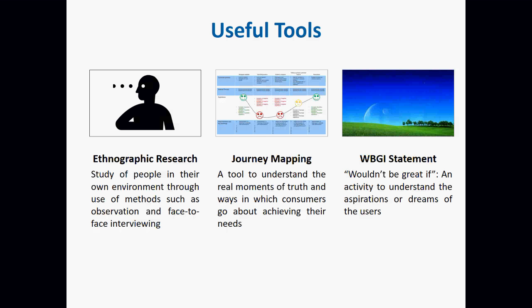The third technique is called WBGA. WBGA stands for Wouldn't It Be Great If? So this technique is slightly different from the other two in the sense that it doesn't talk about the current state, but it actually talks about the aspirational or the target state of consumers. So the way it's usually done is a statement or a question is asked to the consumers. For example, for better utility of, say, our product or service, wouldn't it be great if, and ask consumers to